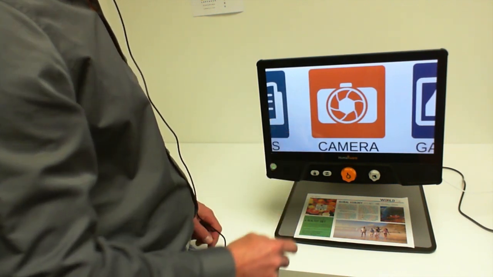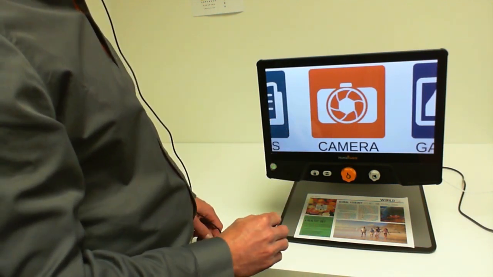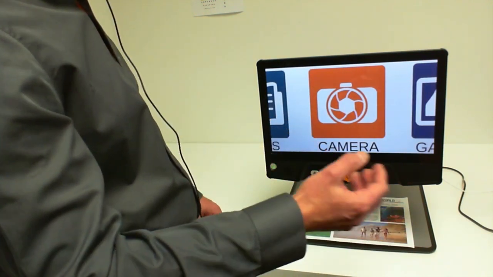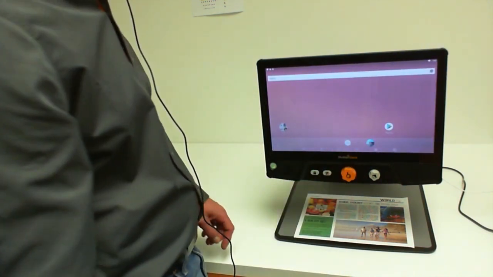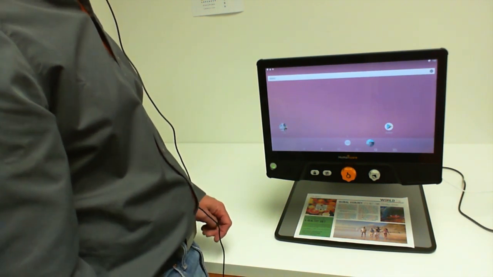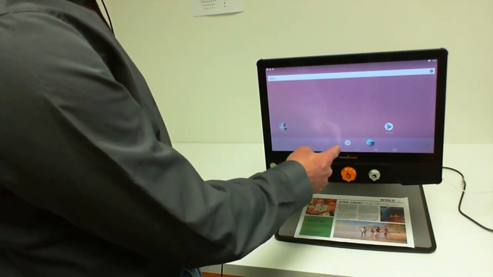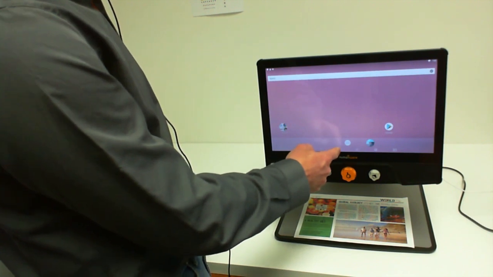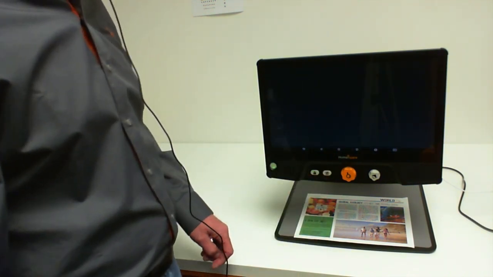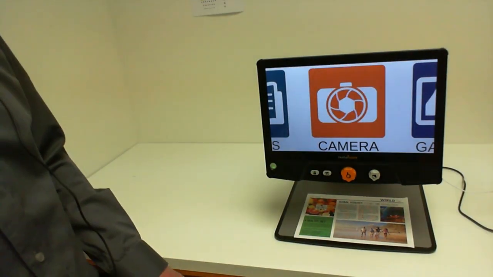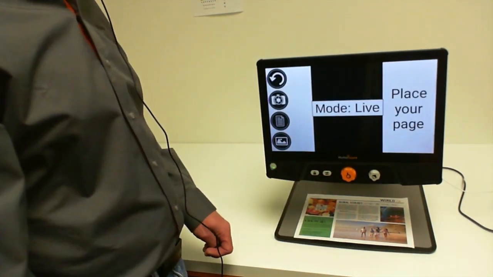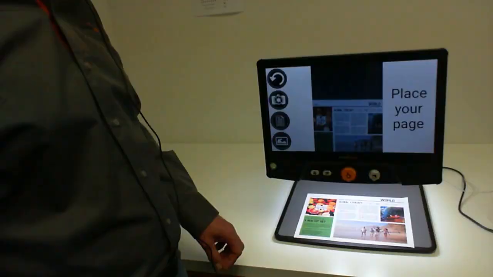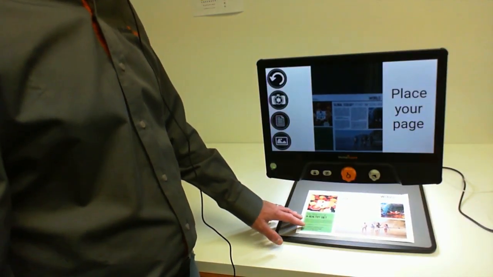So you can also access Android desktop to get your favorite apps from the App Store by doing a press and hold of your five fingers or four fingers, just like in the Connect 12. To come back to Prodigy, you just click on the home button if your Prodigy is set as a home application. In Prodigy, you can select the camera application, and here you'll be asked to place a document underneath the